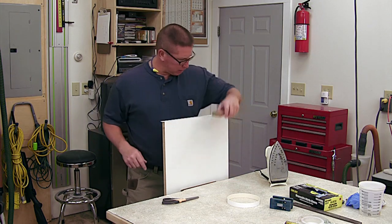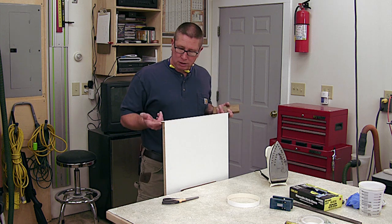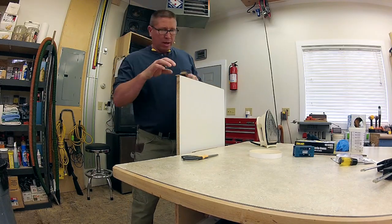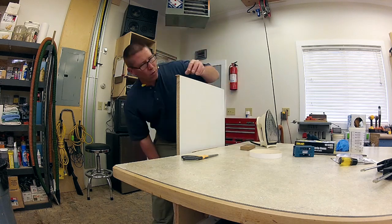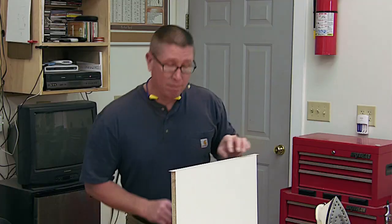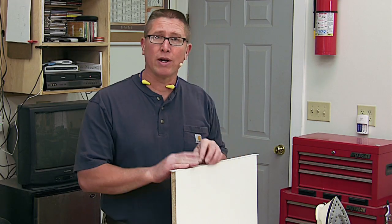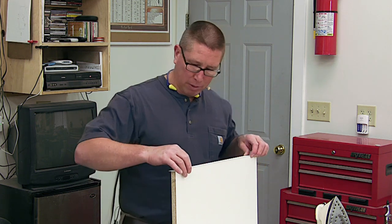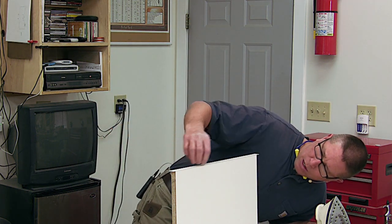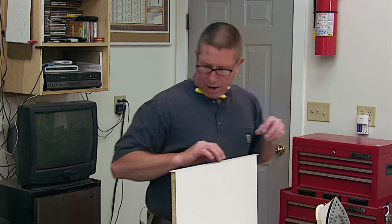Now there's a couple ways that you can cut this overhang off, and I'll show you. And at this point, before you go any further, you can kind of check yourself. I'm fairly used to applying edge banding, so I know how much time to spend on it and move along. With doing an instruction, I'm moving a lot slower than if I was applying it for real. I can pretty much slam this stuff out, but you can feel and get a visual on how that if